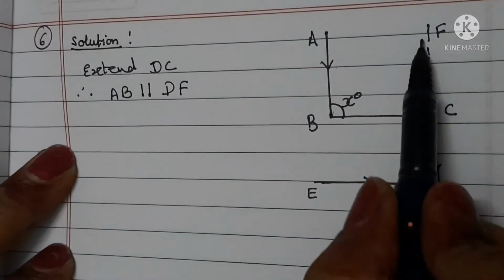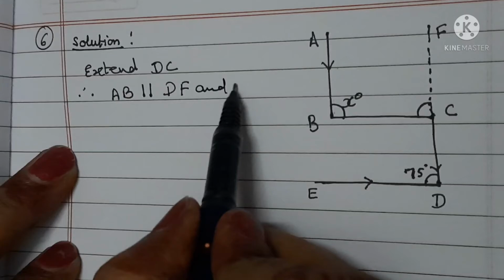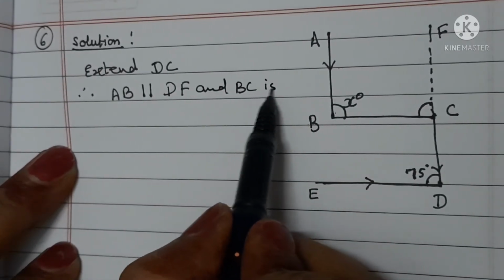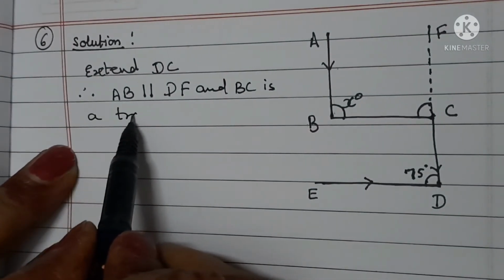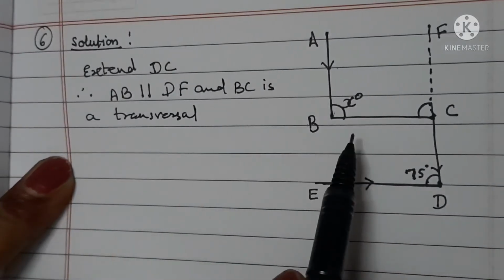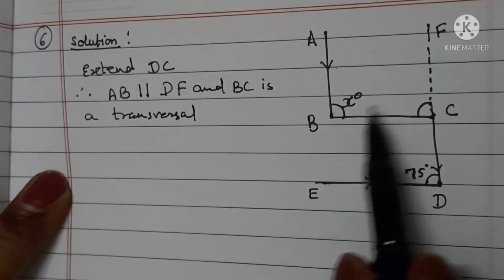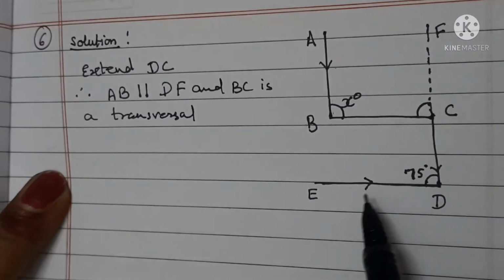This is AB, this is DF or FC you can write, and BC is a transversal. So the angle formed BCF is equal to,